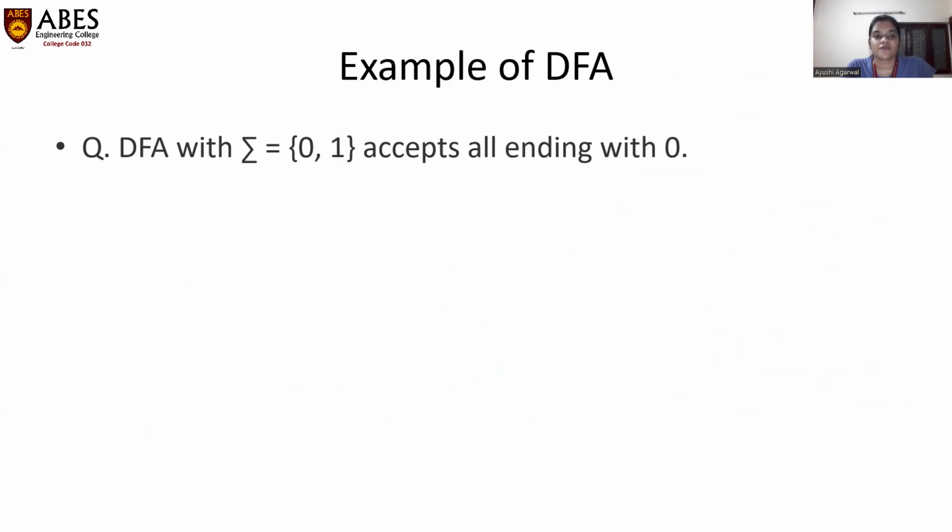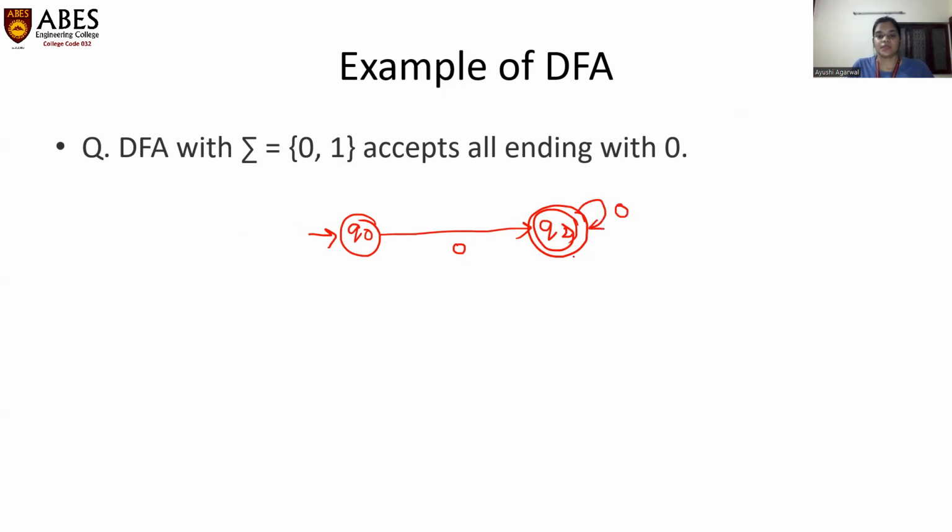This DFA is having input strings of 0 and 1, which will accept all the strings ending with 0. Let me summarize the diagram over here so it will help you further, and the rest you can try yourself. So ending with 0, we will accept only those strings which end with 0. So let's have an initial state as Q0. The smallest string possible over here can be 0. So we have this diagram which shows that the smallest string possible ending with 0 is a single 0. Next, if we have 2 zeros,